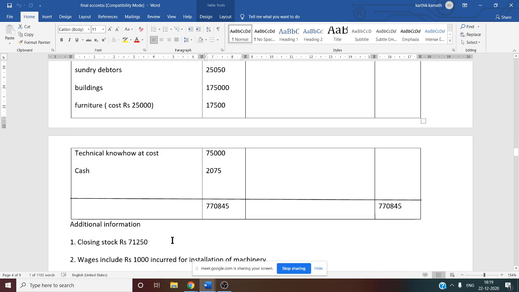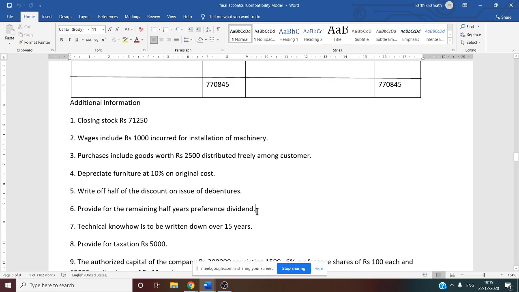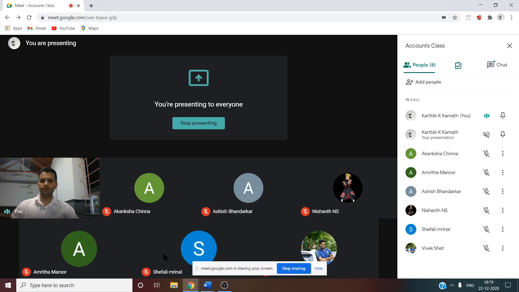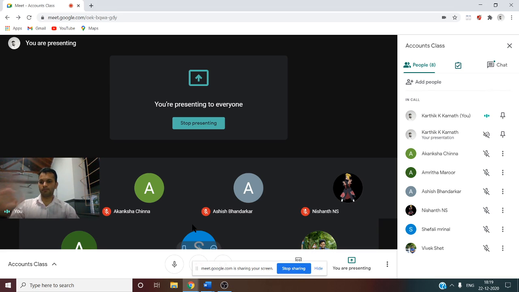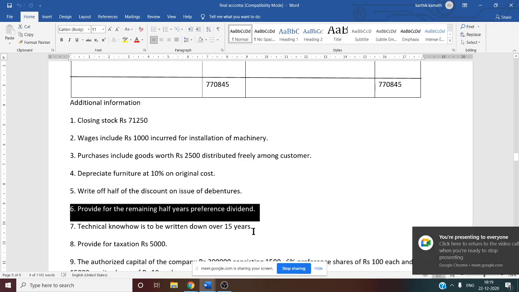And this 3000 you can record in other current liability, working note number 9. And one more thing, you have to show this information under working note number 2 as well. Why? Can you tell me why? Because it is paid out of profit. Any type of dividend, it is paid out of profit. You have to deduct from profit and loss account. Before that, you have to see profit and loss account brought forward information. Then you have to add the profit for the period. Then you have to see if there is any transfer to other funds like reserve funds. If there is any transfer, that you can consider. And after that, you can show this information. So that is about this one, preference dividend.